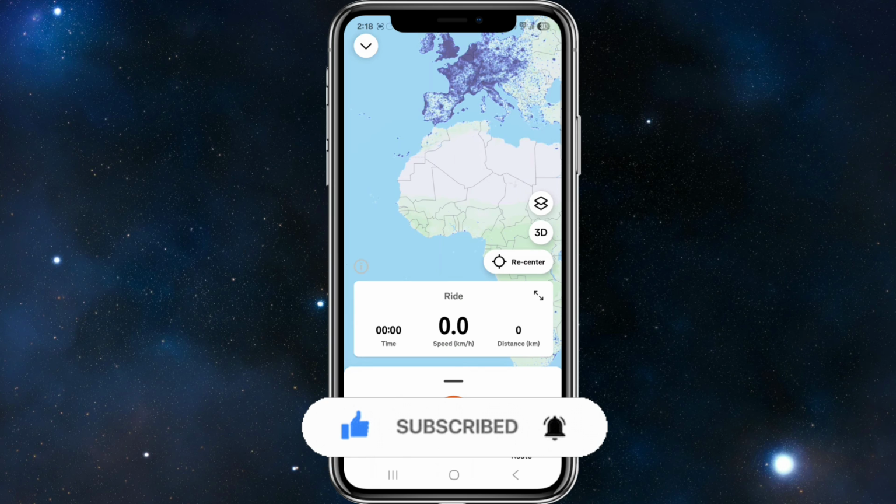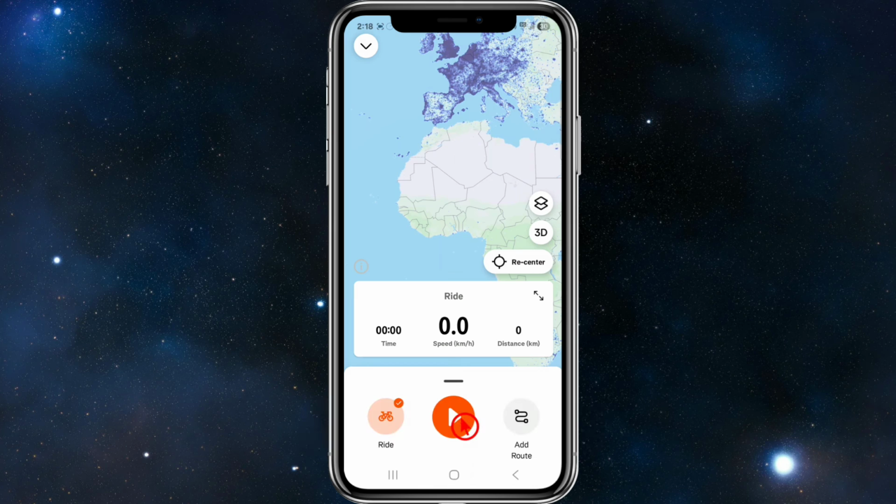Strava highlights segments, popular stretches of road or trail, and compares your time with others, which is a pretty cool feature. You'll also earn achievements like PRs and KOMs, QOMs,